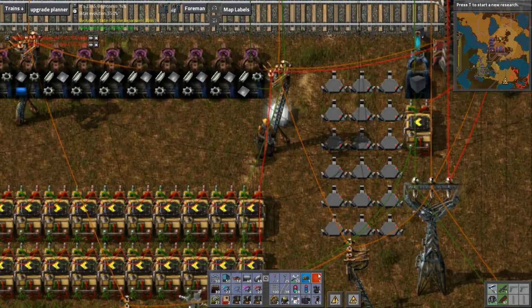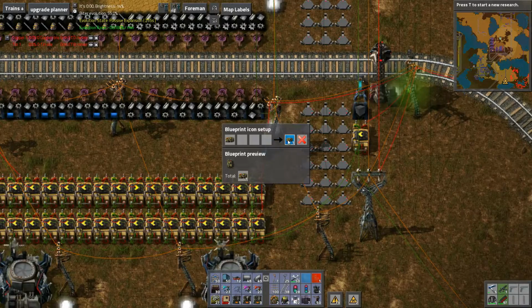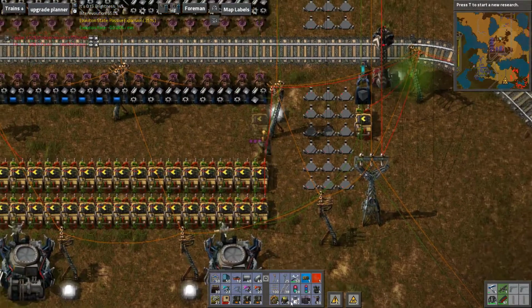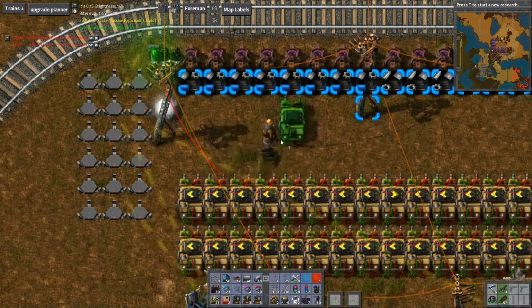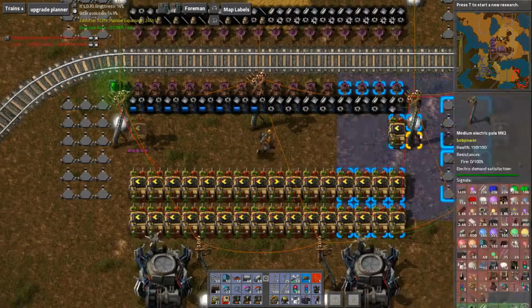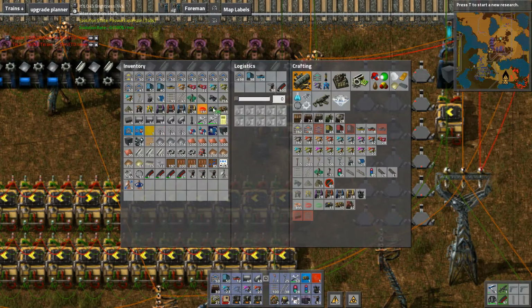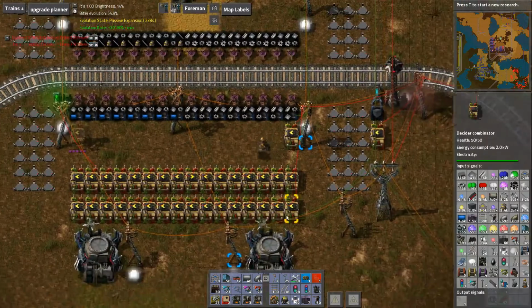Now what we'll do is we'll just take that one. Yes, we'll take this one and we'll move it up to here. Then we'll take this one, we'll move it up to here. And we're just going to hook it up to the lights, just to make sure we don't have any interruption. Now what I'm hoping...